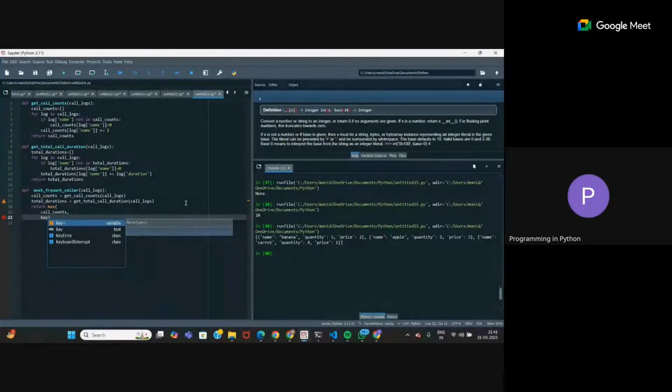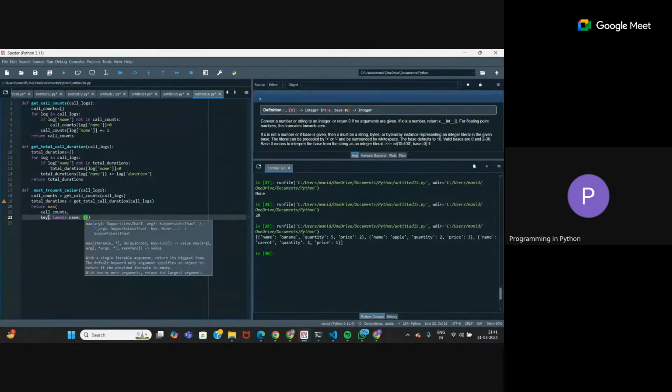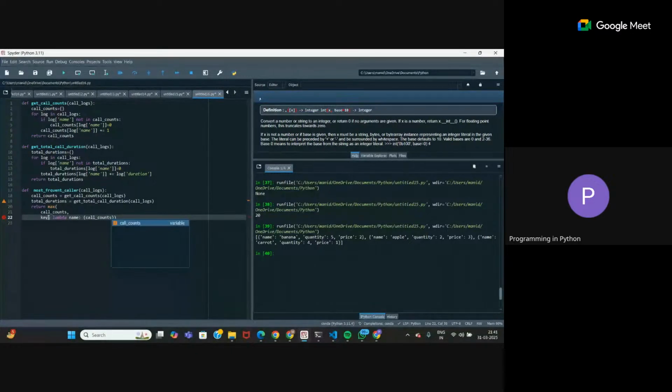Okay. So in this key variable, we'll introduce the lambda function, that is key equals lambda. Now lambda variable is name. Okay, name is the parameter. Define it. What are your conditions? Call counts, name. This will give you number of counts for that name, how many times they have called.